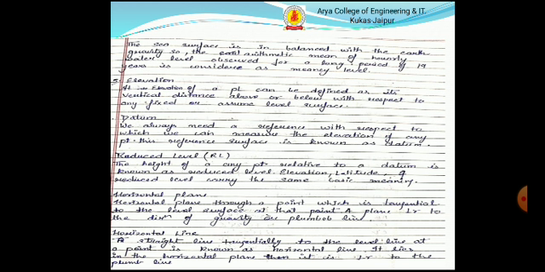Elevation. Elevation of a point can be defined as its vertical distance above or below any fixed or assumed level surface. Datum. We always need a reference with respect to which we can measure the elevation of any point. This reference surface is known as datum. Reduced level. The height of any point relative to a datum is known as reduced level. Elevation, altitude, and reduced level carry the same basic meaning.